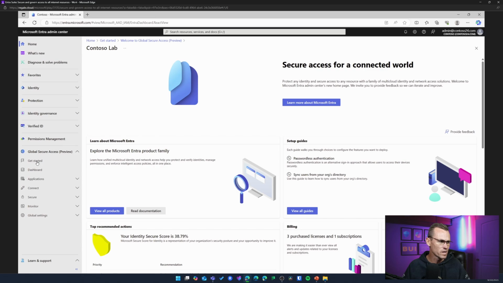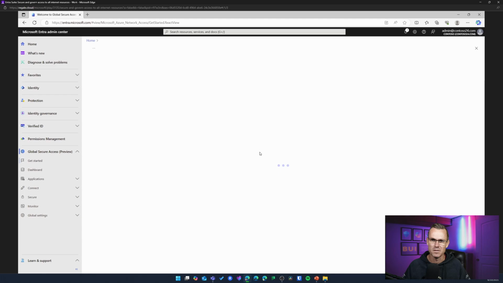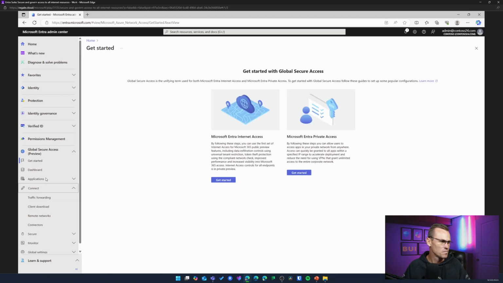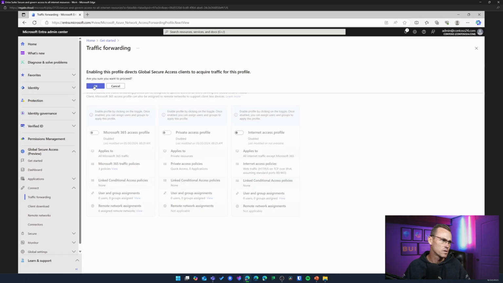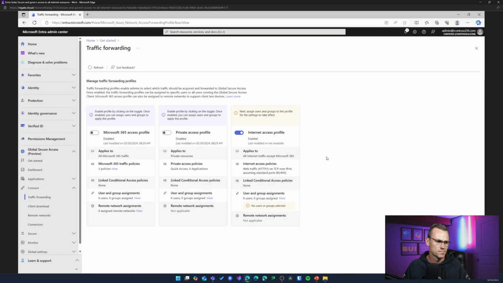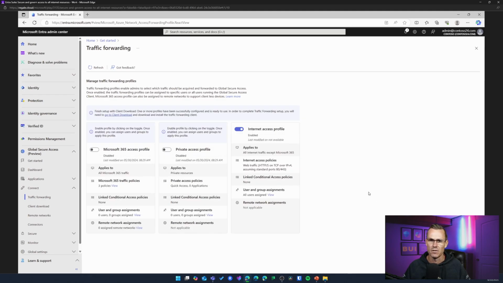Right, so first of all, we want to get started here by setting up our Global Secure Access. So we're going to just activate that for now, and assuming all the other configuration is already done, we can then say we want to get started with this. The first thing that we want to do is verify that our internet access profile is in fact enabled. So we're going to enable that for all our users. Well, I say for all our users. We see here that it's not been assigned yet. So what we want to do is change that, and make sure that all our users can make use of the Global Secure Access client. So we're going to go OK. And now that's all been enabled.